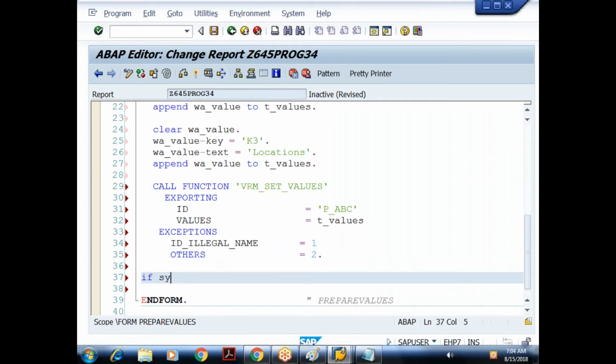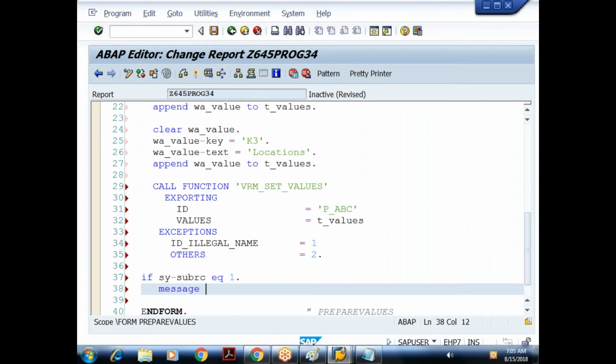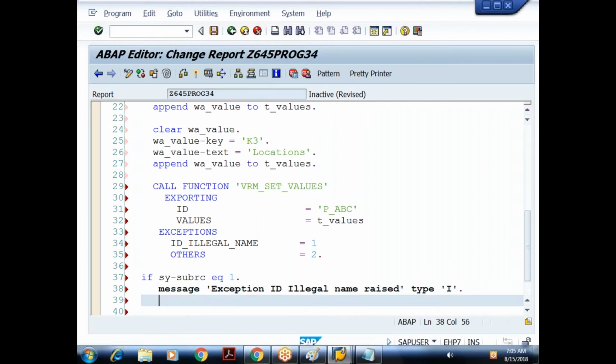So what I'll say, if sy-subrc is equal to 1, I'll just give the message: exception ID illegal name raised. Type what? Information message.